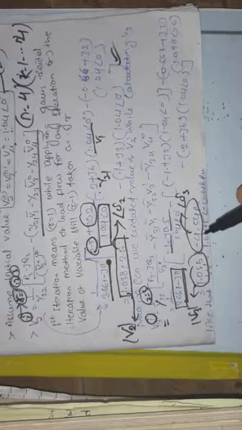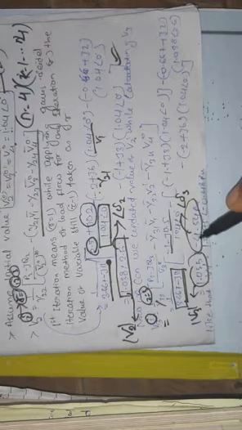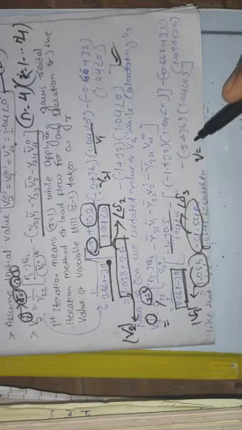Like that for the fourth equation or fourth bus, the voltage magnitude is 1.04 and the angle is minus 0.48. You have to calculate and check it. If it is correct, then fine, or if it is wrong, then ask me in the comment section. I will clarify your doubt.